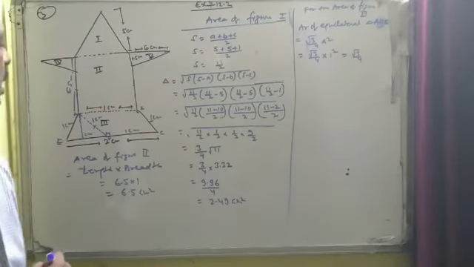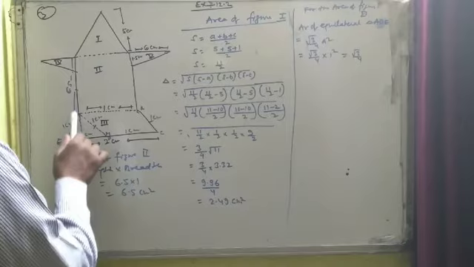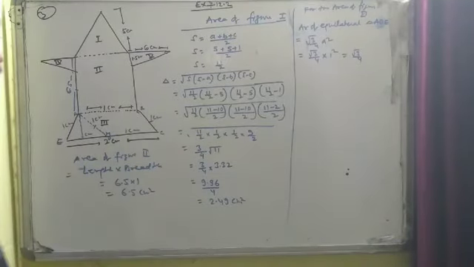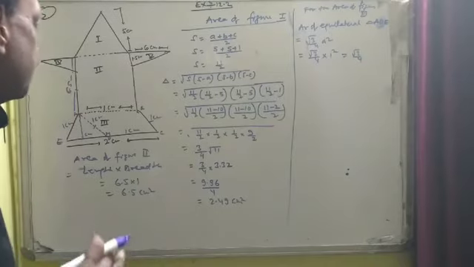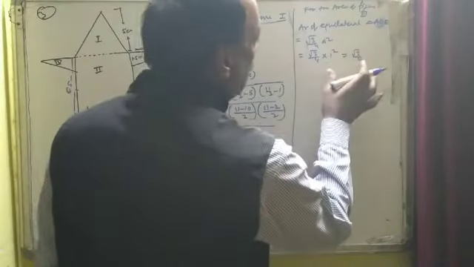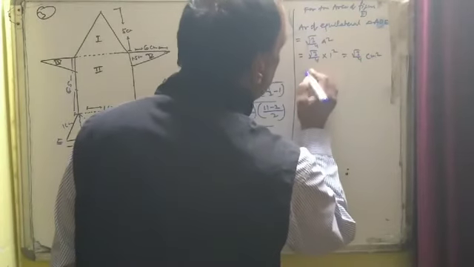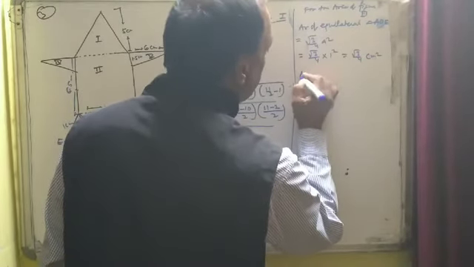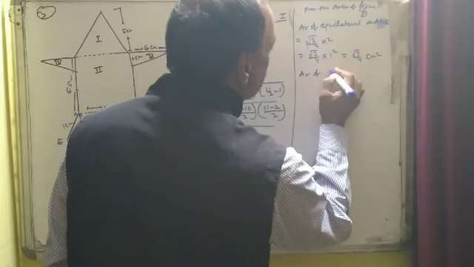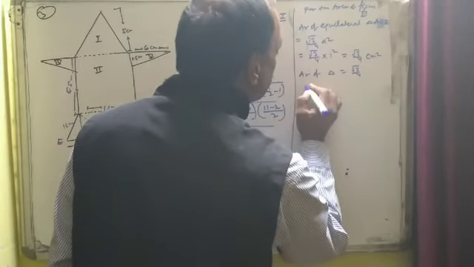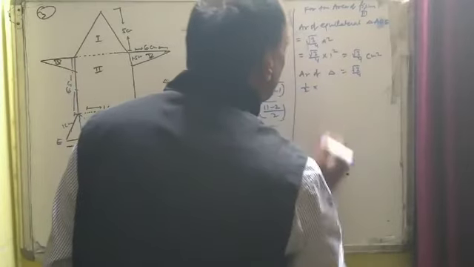Okay, it will be the height, and whatever the height of this triangle will be, the same will be the height of this trapezium. So let us find the height of this triangle. How can we get it? As we have already got the area of the triangle, and we know that the area of the triangle equals √3/4. The area of a triangle formula is also half into base into height.